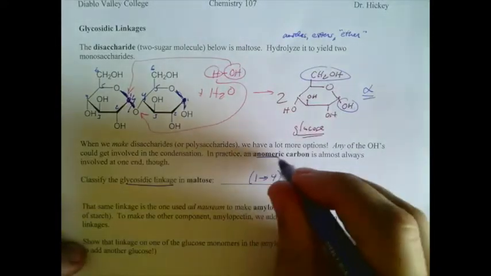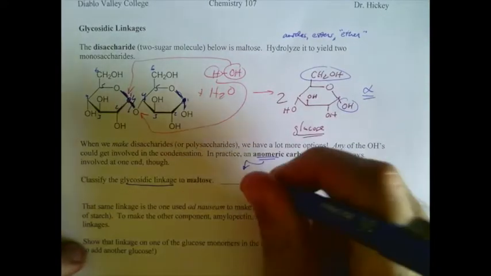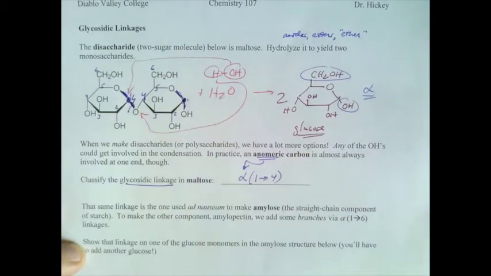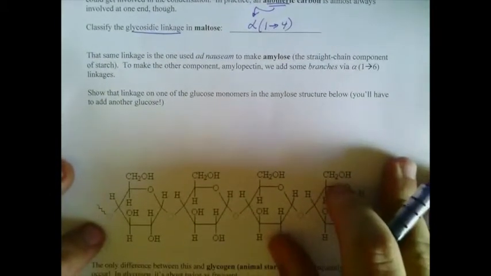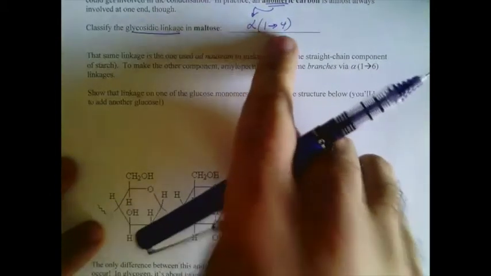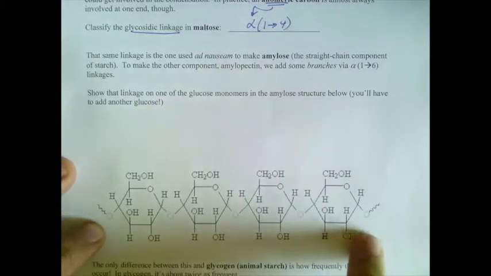So wherever I have an anomeric carbon, I need to specify which configuration it's in. So that'll be the complete way of writing maltose's glycosidic linkage, alpha 1 to 4. Now what maltose kind of resembles is baby starch. Because if I just do that over and over and over again and use this alpha 1 to 4 linkage, eventually what I wind up with is a long starch molecule, namely the straight chain version of it, known as